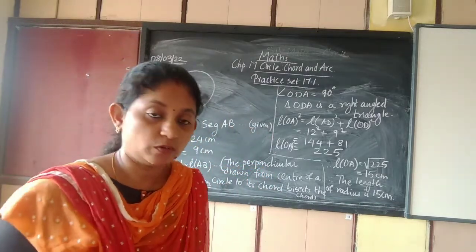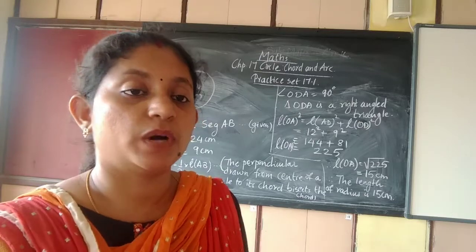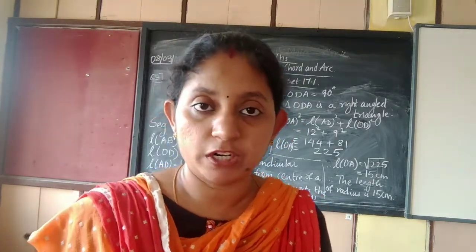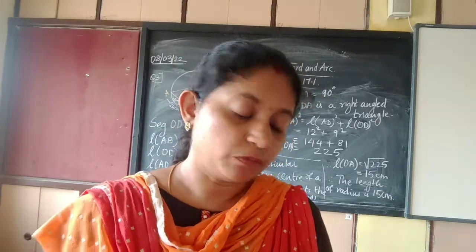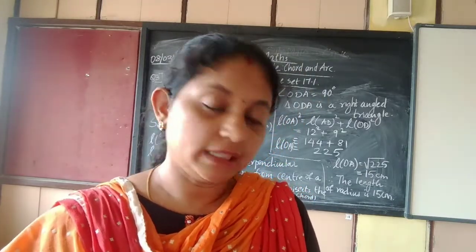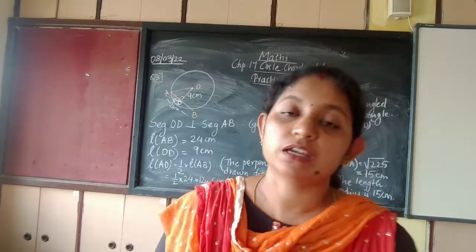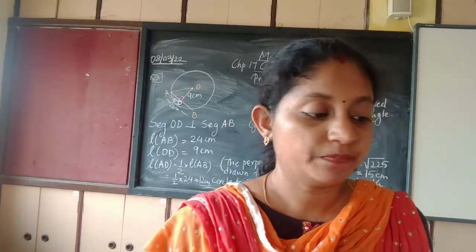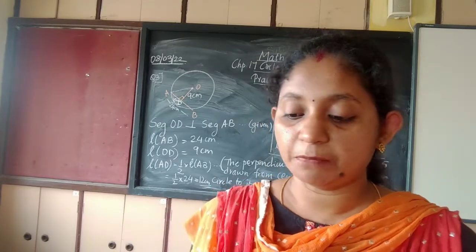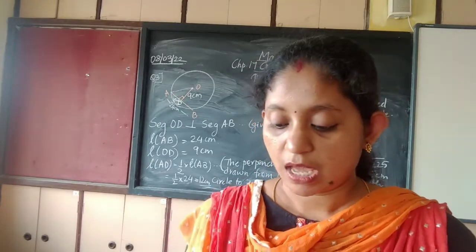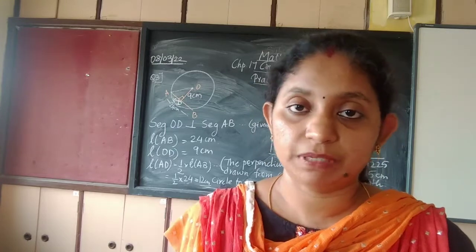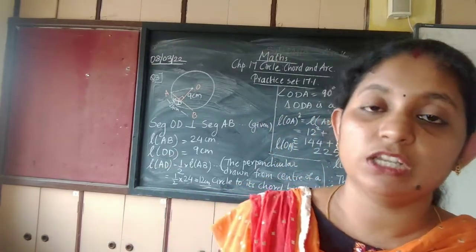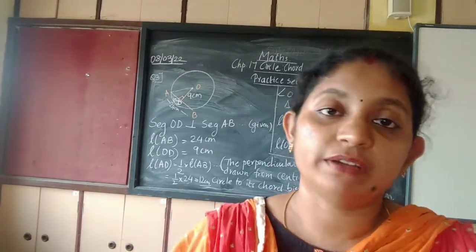Okay. Now one question is remaining from 17.1, students, that we shall do in the next class. So the next video will be uploaded on Friday. There I am going to do question number 4, and then we are going to discuss arc corresponding to chord. What is the relation between chord and arc? Okay. And then we are left with only one practice set and 2 questions. With that our portion will get completed. Okay. So make sure you are writing everything neatly in your notebook with the diagram whatever is given.